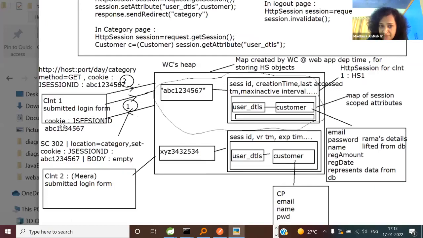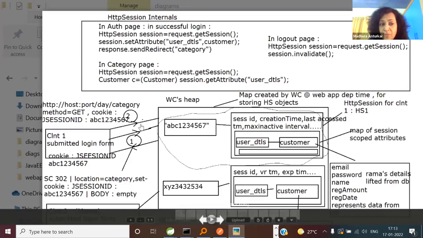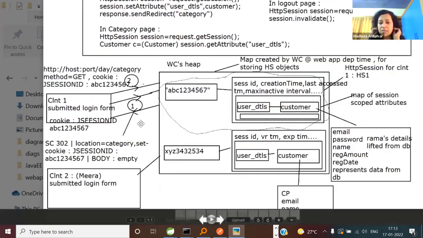So now the response is rendered. Now it is the client browser that looks at the redirect response location and generates the next request. Okay, so we are talking about RQ2. So what will be the RQ2? Host, port, whatever the bookshop application is, followed by /category. Why am I saying /category? Because here I'm working in category. You change it to topics. But here I was telling somebody, don't disable the cookies. Tomorrow I'll show you a technique called URL rewriting. Then you can disable the cookies and the web application will still track the client. I mean, session tracking will work.